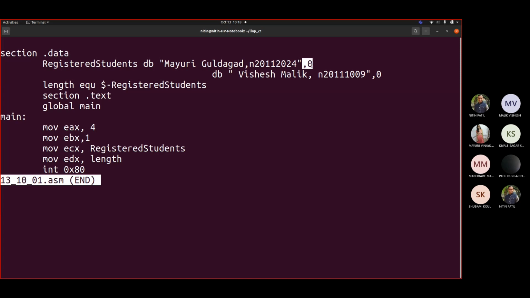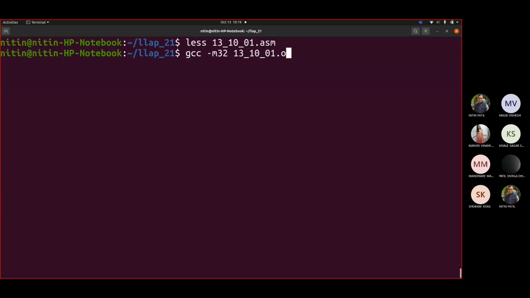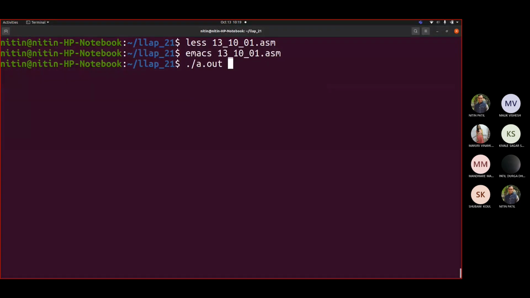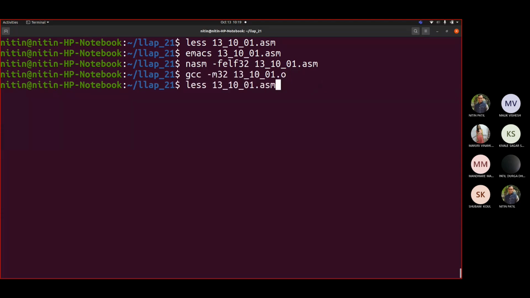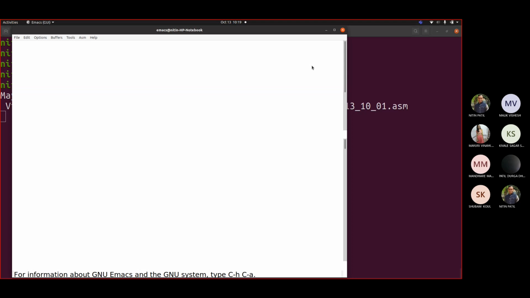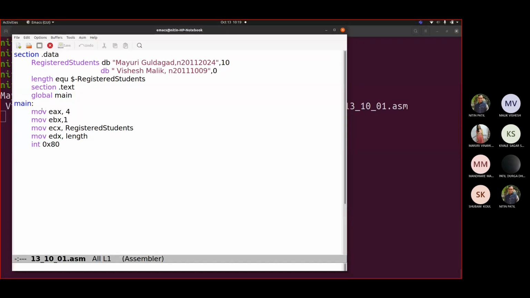So if I write 10 here instead of 0, now let us see what happens. Let me write 10. Okay, now let me again compile, assemble, link, and then execute. So you will see now records are displayed on different lines because of my slash. Fine. Now when you have multiline data, then this is the best method to make use of. Fine. Okay, but this was to introduce you how exactly multiline data can be used.